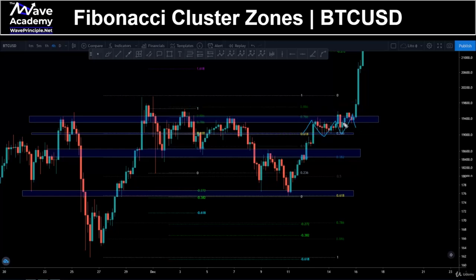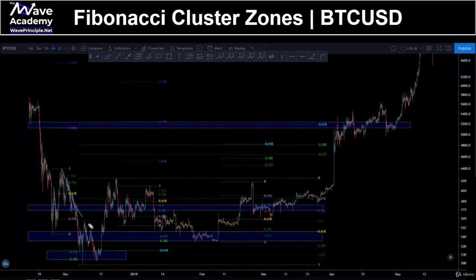What happened next is that it broke above, and once it broke, it went up really fast. In this case, I have my ending diagonal in this area, and I can measure this wave 2 from the wave 1, and I find here a level where the price is going to stop. But I also measure once it makes my first movement up here, and I can see that the price returned